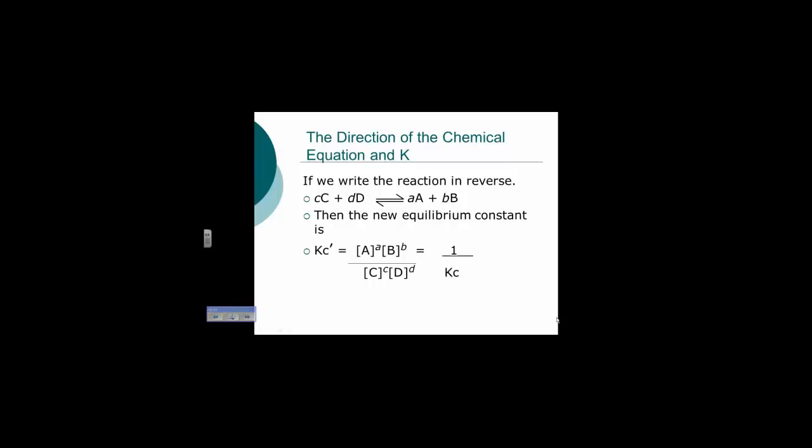But the idea of flipping the direction really is an application of Hess's law. If I flip the direction of an elementary equation, the K constant doesn't flip sign. What you do is take the reciprocal. Products over reactants have simply flipped direction. So when I reverse a reaction,